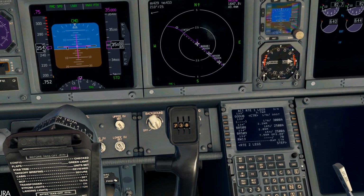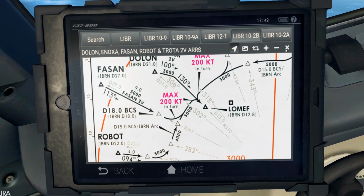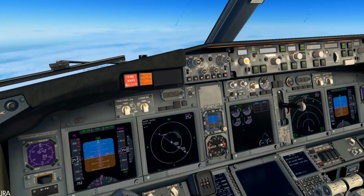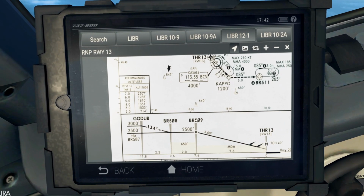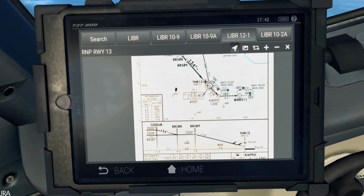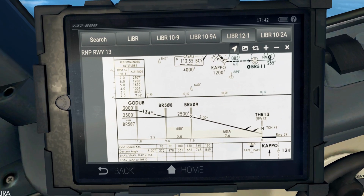By this point, or we can go direct to there. Either or works. With regards to the approach, it is an RNP approach. We can close it to Victor. There we go. It's an RNP approach, so we'll be flying it using LNAV and VNAV. That's as per Ryanair standard operating procedures. At Godub, we want to be at 3,000 feet, and then 2,500 by Bravo Romeo 509, and that's the final altitude point. And from there we'll go on to the 3-degree glide slope into